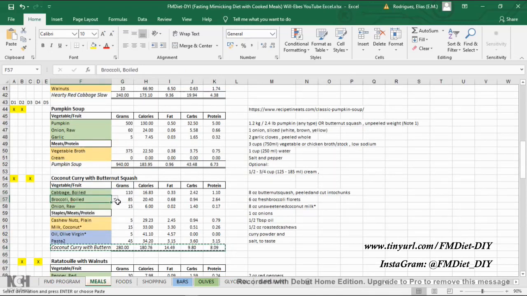I'm not going to have boiled broccoli, I'm going to have carrot, and I'm not going to have onion, I'm going to have tomato. Now the beauty of it is that you can actually even add more items. So for example, if I want to add more vegetables,